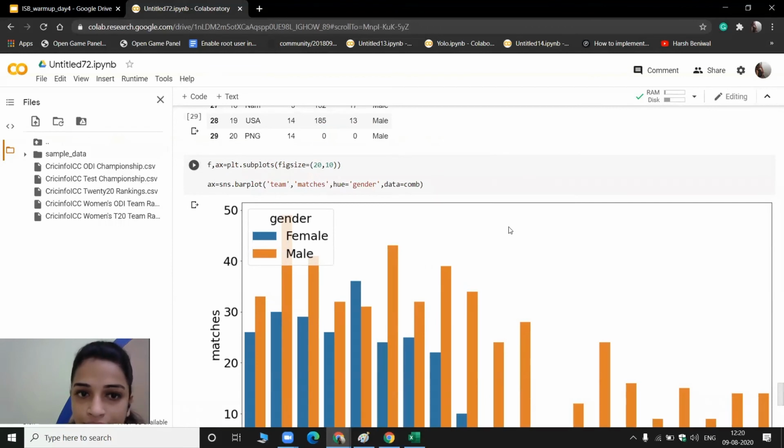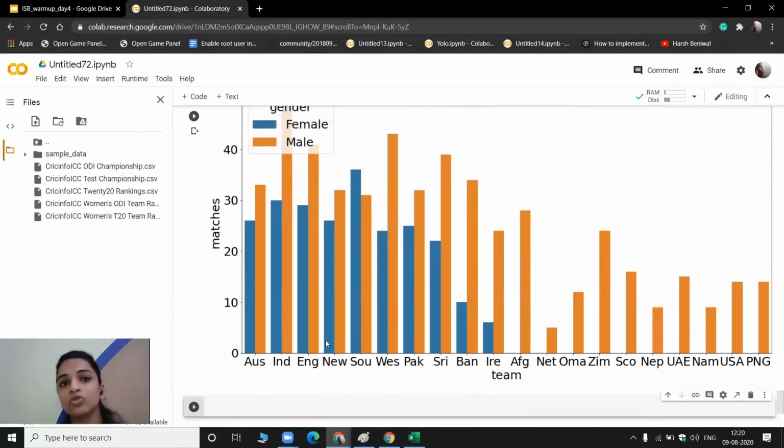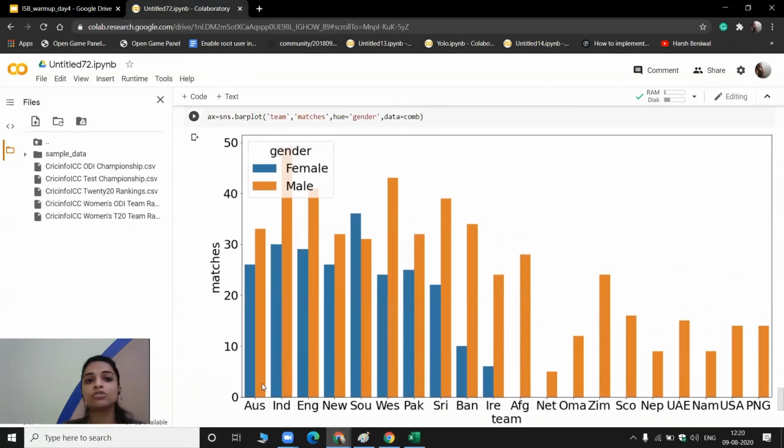So let's zoom out. This is what we are seeing, because we don't have a women's team for each of these countries. We have the information for the women's team only for those countries which actually have women's teams. So the first thing that we can do is compare the number of matches played by different countries.